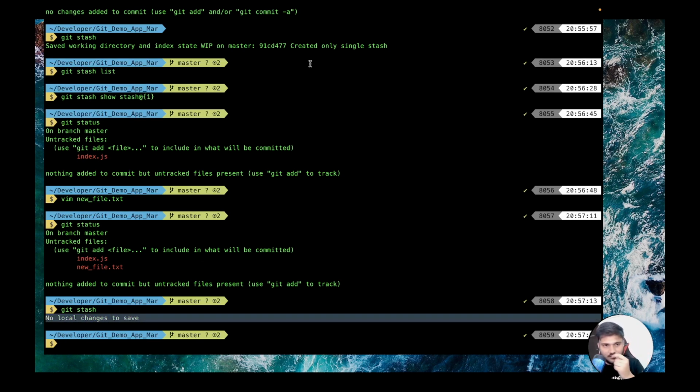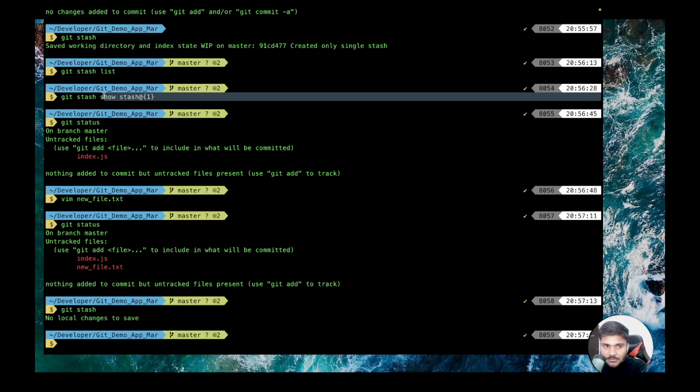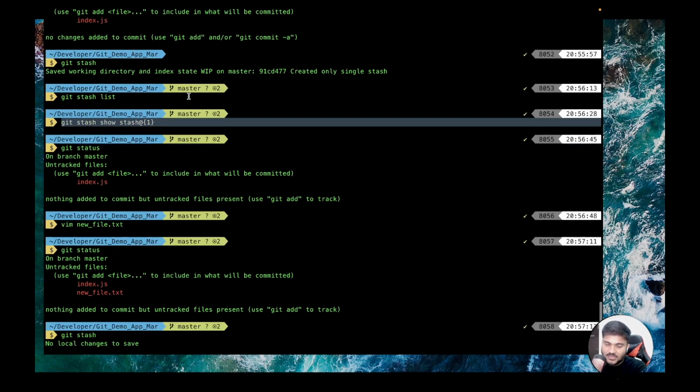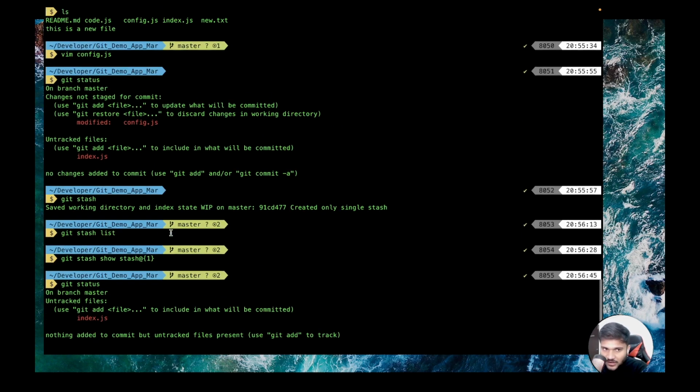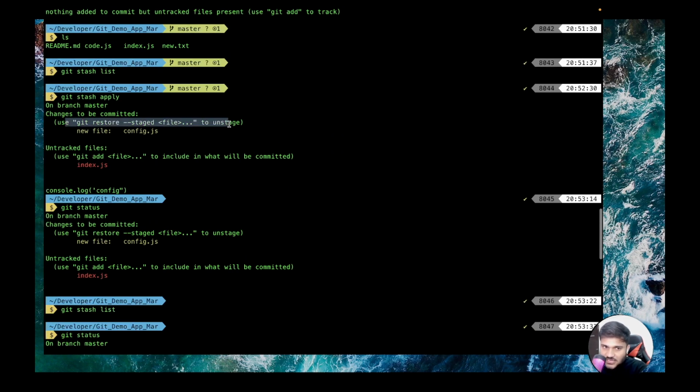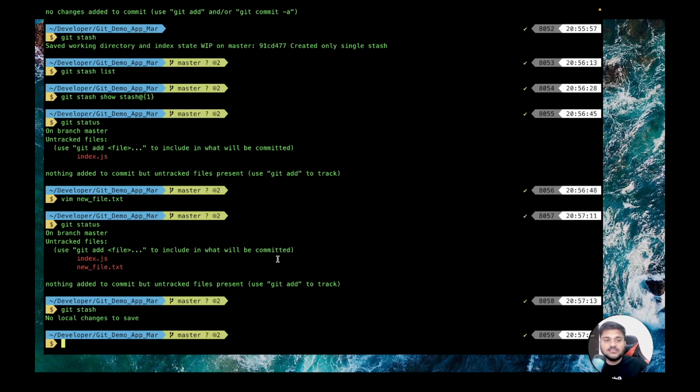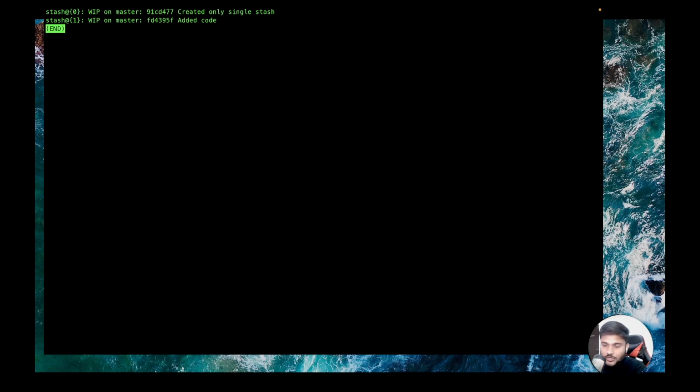So the first thing that we can learn from this exercise is that you can create multiple stashes. Stashes are not going to be created for untracked files. They will be created only for the changes that you make in a tracked file. How do you track a file? Either you add that file to the staging area. That's how you start tracking a file. Or there is a file already in the staging area which has some new changes. That is also a tracked file, right? Okay. So now let's see git stash list. Now see, there are only two stashes.